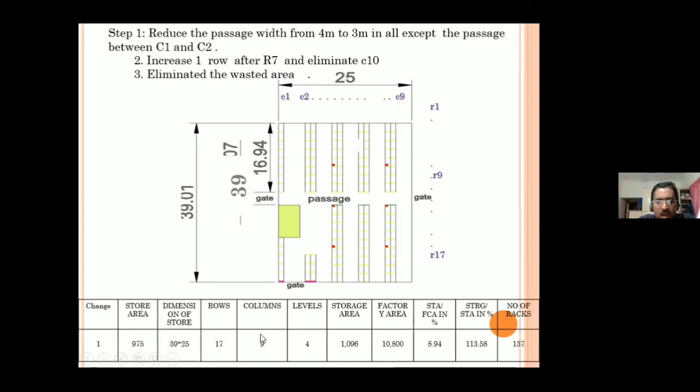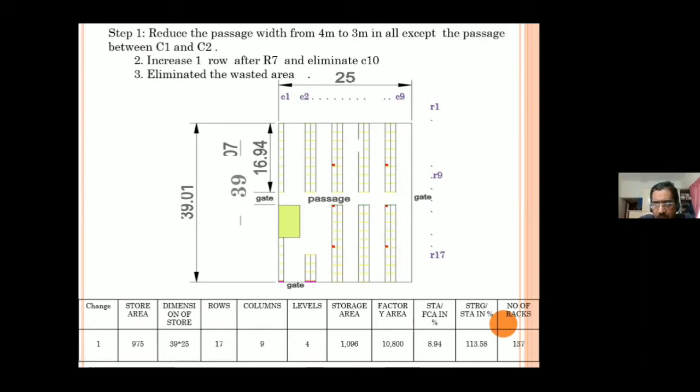We reduce the columns from 10 to 9. You have the first column here, and then you have 4 different columns. By doing this exercise, we are able to get the width reduced from 30 meter to 25 meter, because all these 4 passages save you 1 meter each.